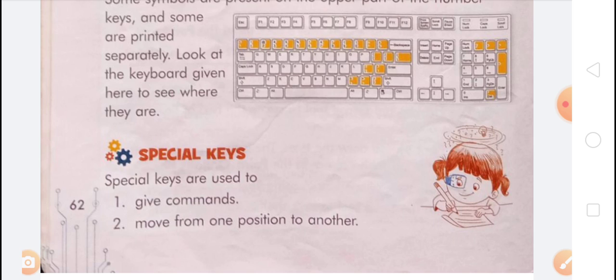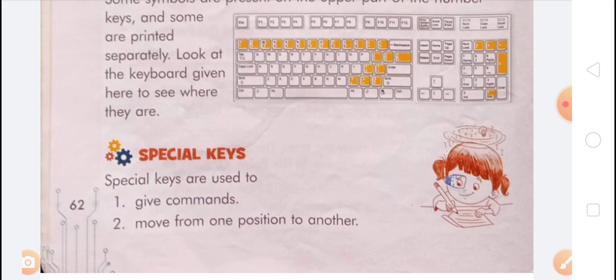In the previous class you learned that using a keyboard you can type text on a computer. Did you know that a keyboard also has keys that are not used for typing? Apart from letters and numbers, you can also enter symbols using a keyboard, and whatever you enter appears on the monitor. A keyboard has many buttons on it called keys, and a standard keyboard has 104 keys. Pressing these keys helps us to type words and numbers on a computer.